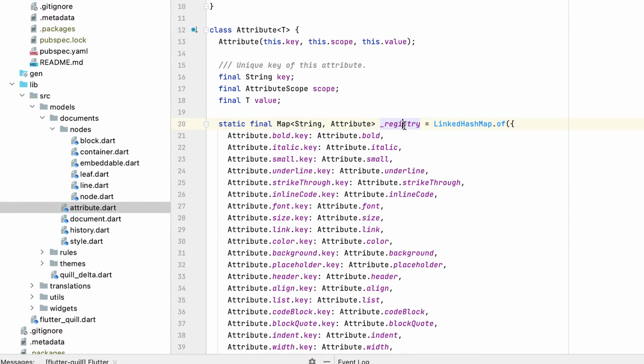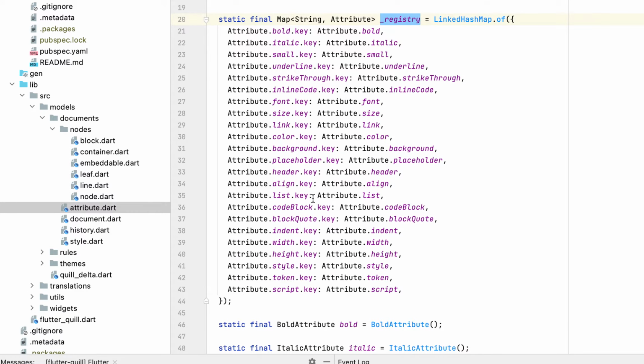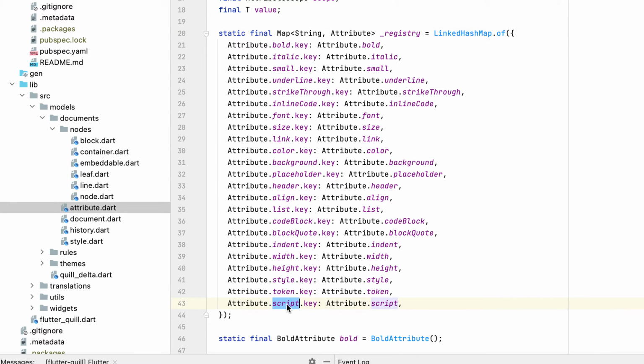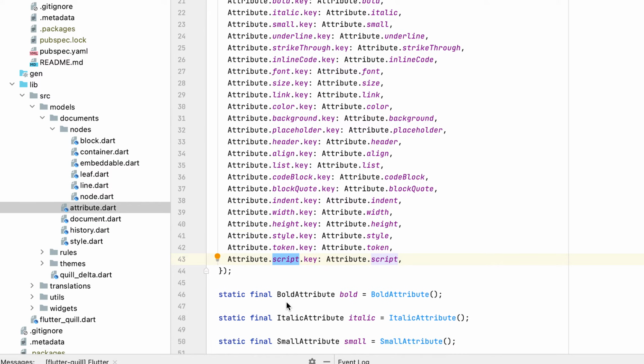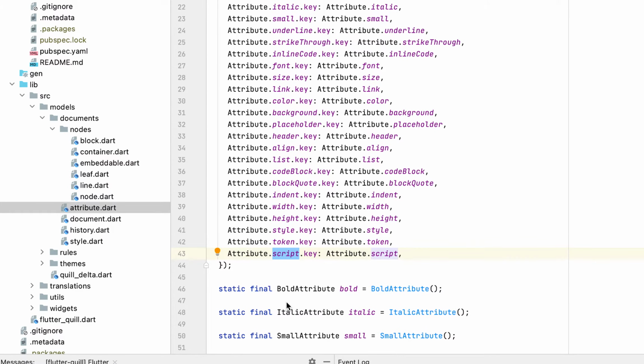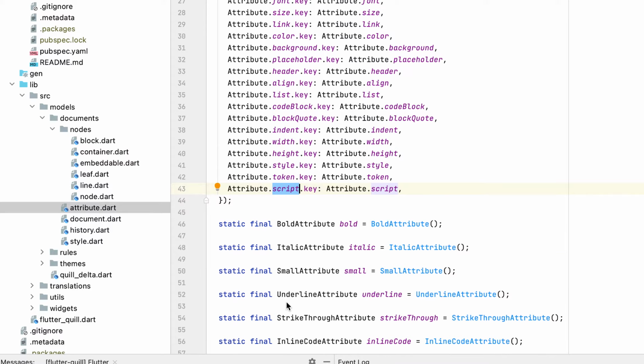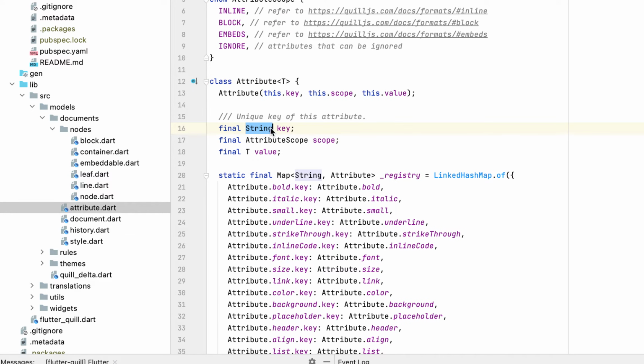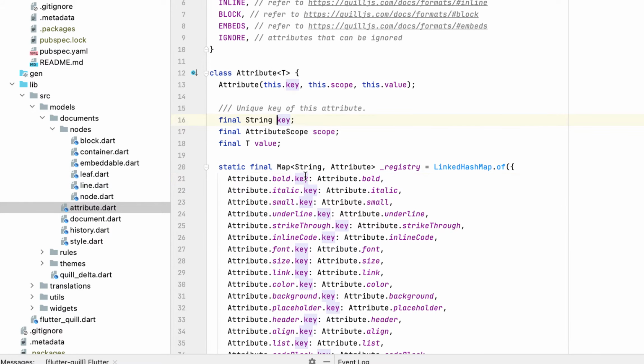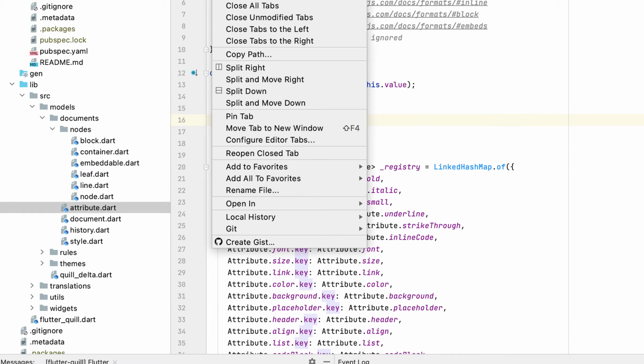So these are the registered attributes. Right now script is ignored because we don't know how to render it yet. The attribute itself has a key. The key is basically the string here. We also have a corresponding scope, and there's also a value. Value is something like, for example, if you have a link, the key is... let me cross-reference